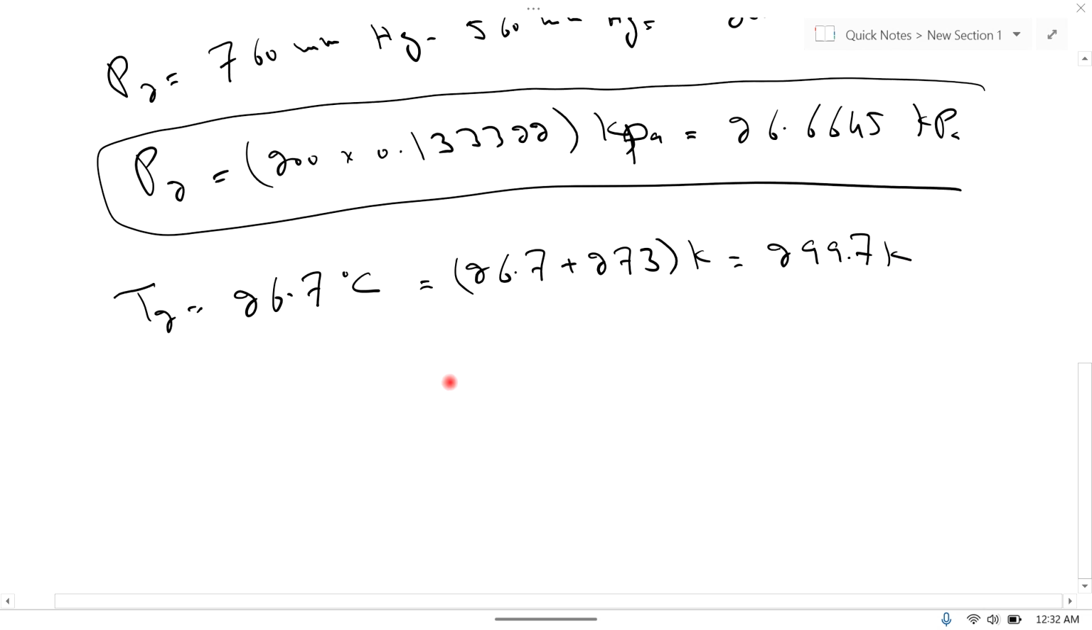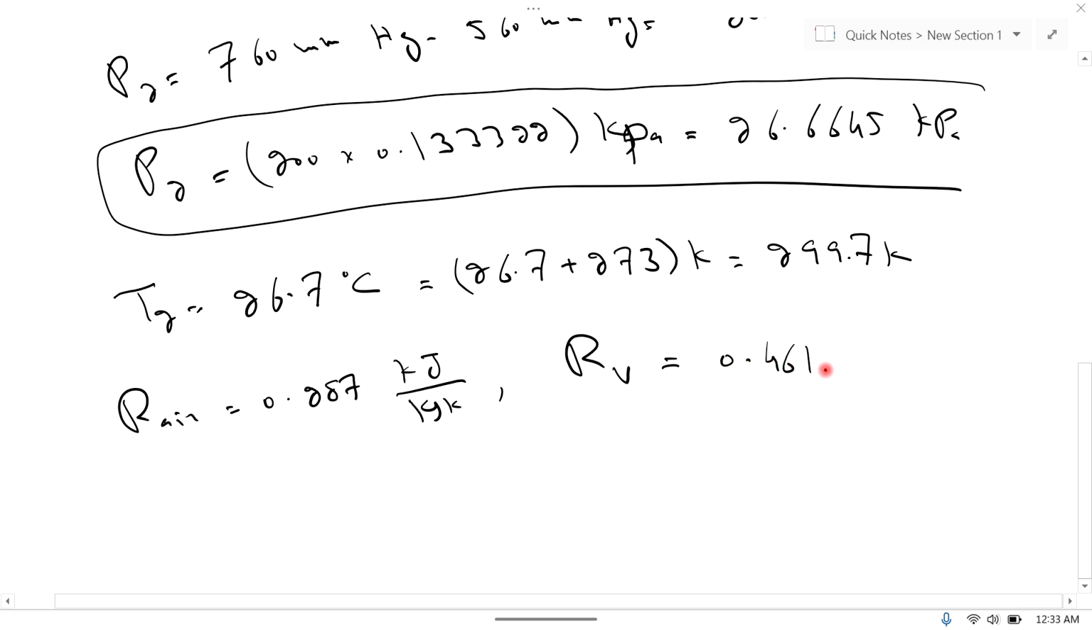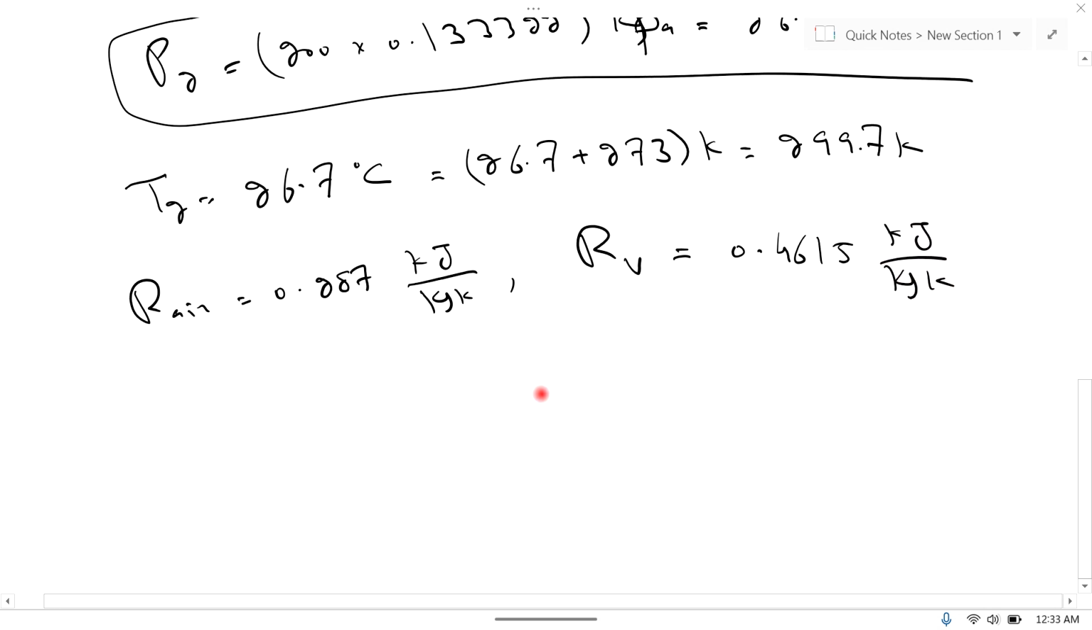And some constant values are: the ideal gas constant for air is 0.287 kilojoule per kilogram per Kelvin. R for vapor is equal to 0.4615 kilojoule per kilogram per Kelvin, and